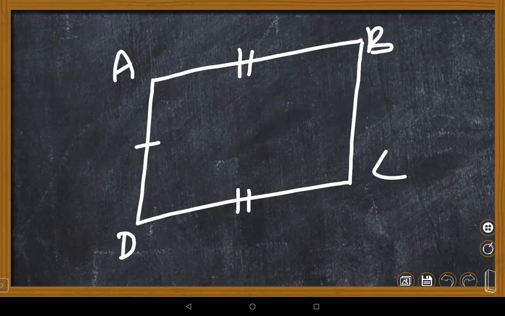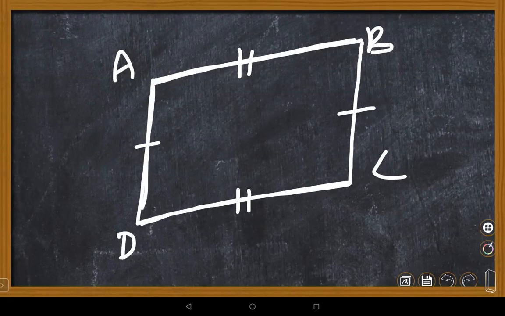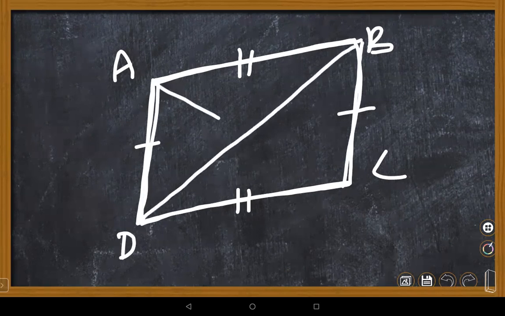You just represent with a single line, children, because they are equal. You just go like that. So how you can take this: AB is parallel to DC, as well as AB is equal to DC. Similarly, if you take the other sides, AD is parallel to BC and AD equal to BC. That's why it is a parallelogram. And what do you know about diagonals, children? What do you know about diagonals, please, children?